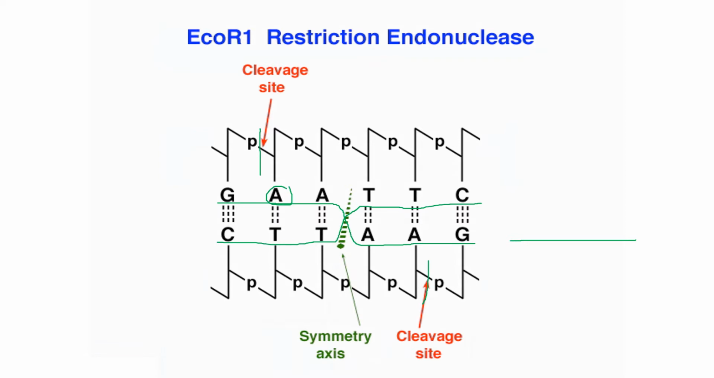Whoops, wait a minute. Did I say that right? G is not here, C is here. So we do have overhangs. Might have screwed that up a little bit. Anyway,